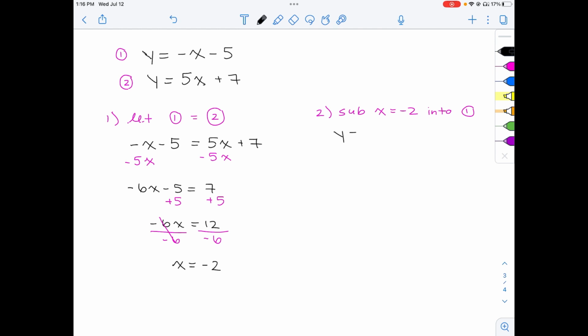So we'll have y is equal to -2. Make sure you're careful here with your signs if there's two negatives and your algebra, so that everything gets calculated correctly. So this will be y is equal to +2 subtract 5, which gives us -3. And then you can state your point of intersection, which is (-2, -3). And that is your solution.